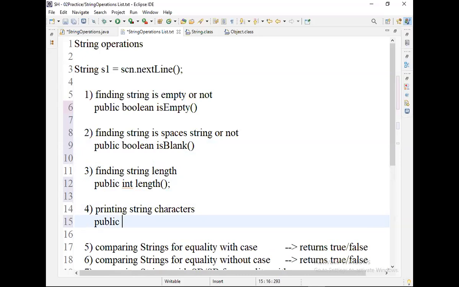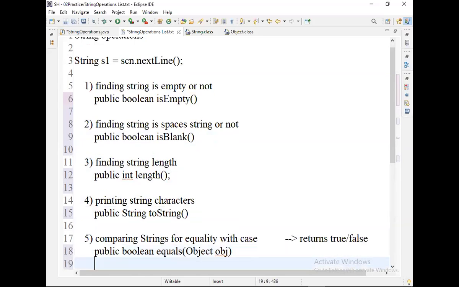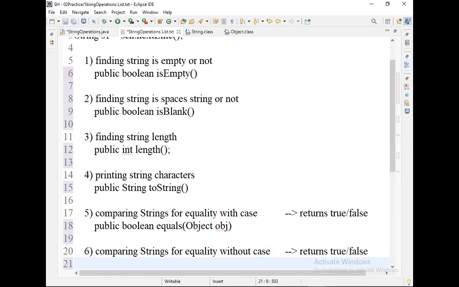Next one, public String toString. Next, public boolean equals of Object obj. Very important parameter.